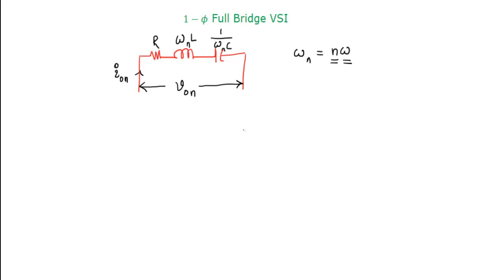So Zn, the impedance offered to the nth harmonic current, is nothing but the root of